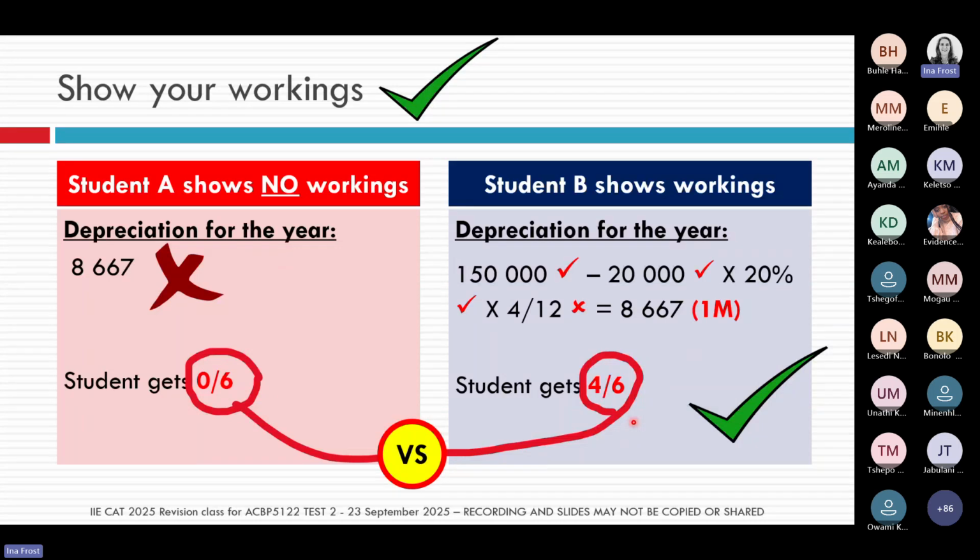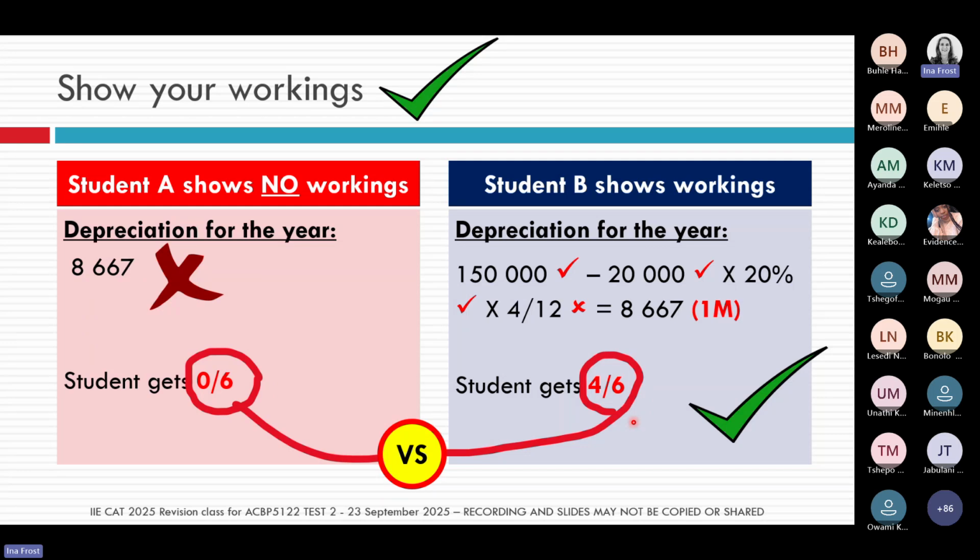I see some of you are sending me laughing faces. For lecturers, this is sad faces, because we so badly want our students to do well in assessment. Evidence, you will agree with me when I say that. Yes, I do agree. Because 4 marks is a lot. I mean, that's more than 50% of the mark. Student B is passing while student A is failing just because they did not show calculations.